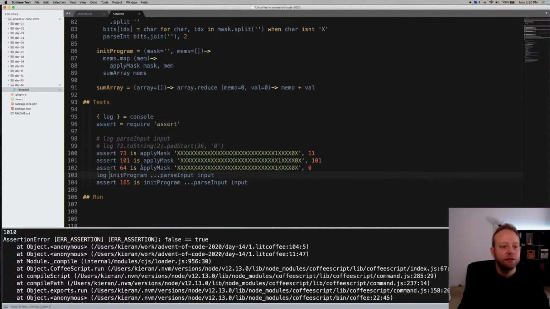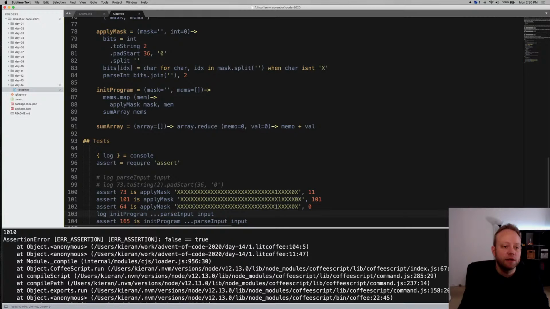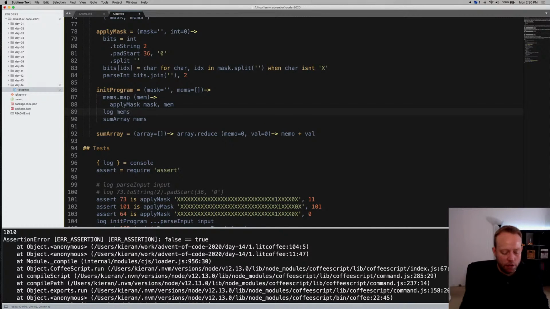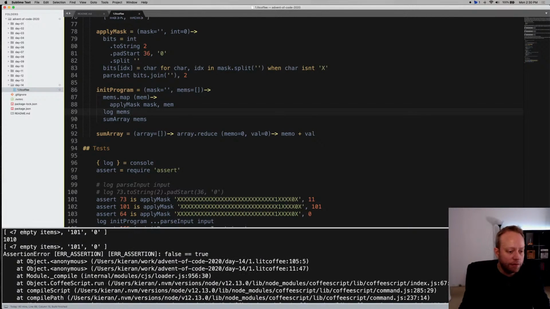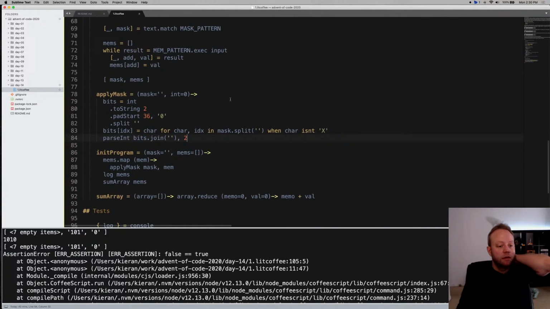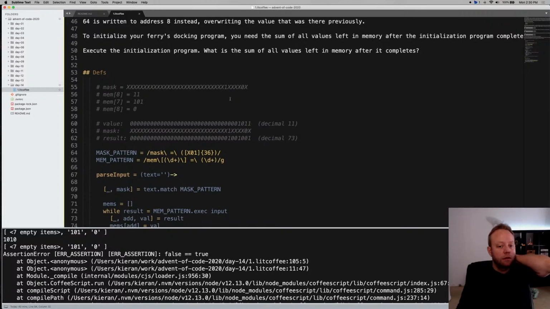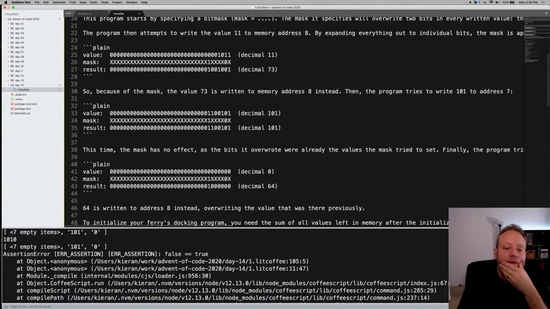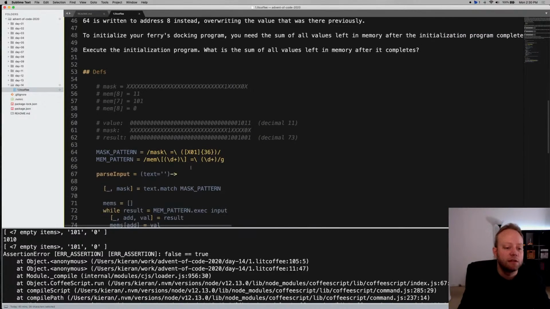1010. That's interesting. Let's log mems here and see what we got for mems. So we got 7 empty items, 101, and 0. Oh, that's interesting. Okay, wait a second. So 101 and 0. So this is giving us a 0 back, even though we applied the mask, and it should have given us